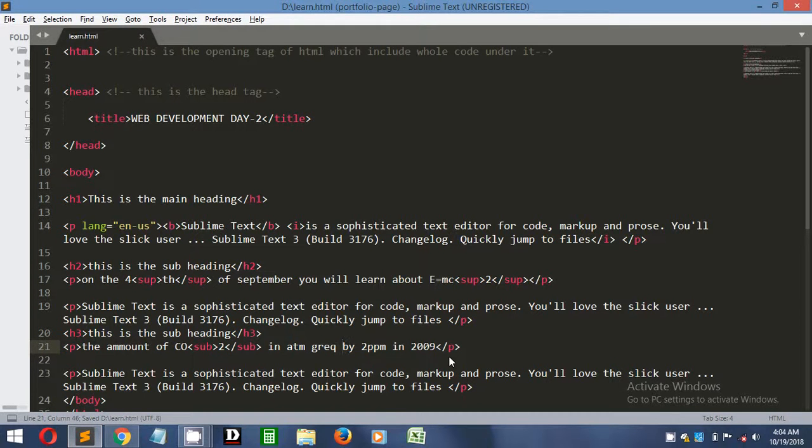Now let me talk about the break lines and horizontal lines. So break line, why you use break line? As you have already seen that browser will automatically show each new paragraph or heading on a new line. Fine. So break line का use तब करते हैं जब हमें new line की जरूरत होती है।